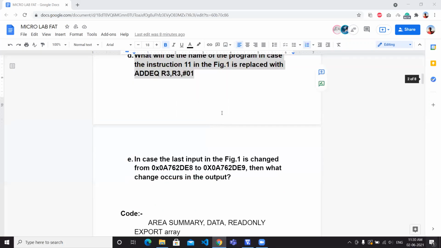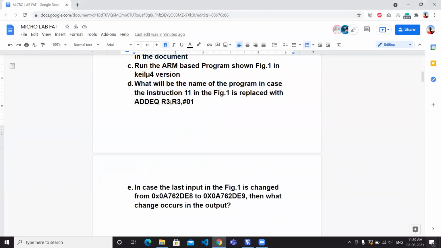In the D question, we are asked to replace the 11th line with ADDEQ R3, R3, 1. In this command, we change ADDNE to ADDEQ. In the first question we were counting the odd values.